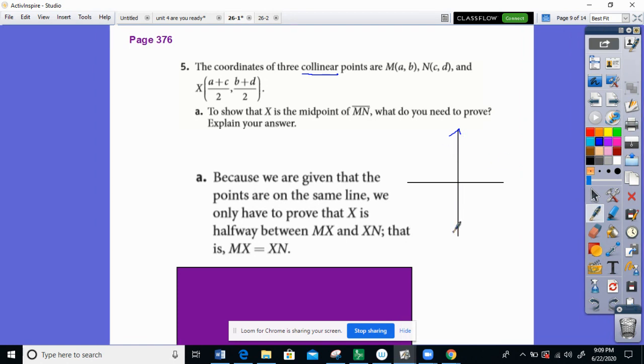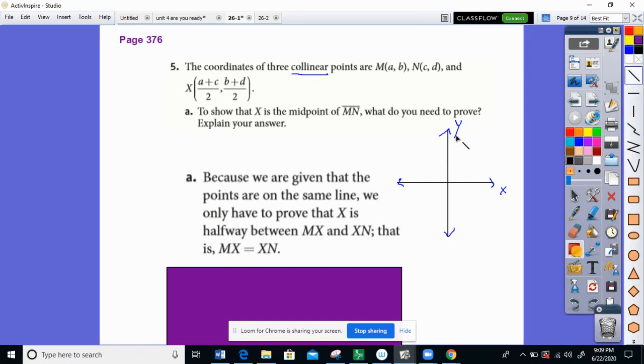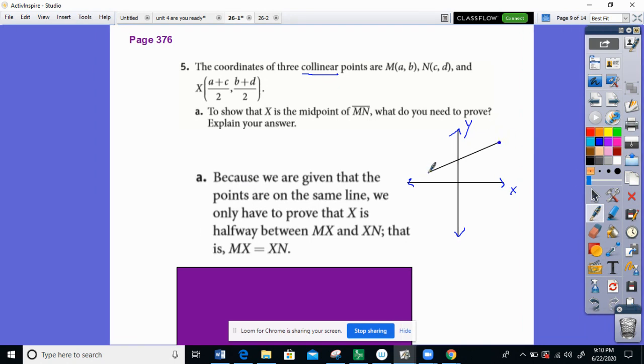So let's say here's our y-axis, here's our x-axis, and let's say these 3 points all lie on the same line segment. So here's point M, here's point N, and here's, so this is the x-axis, but this is point X right here, okay? Well, since these 3 points are all on the same line,